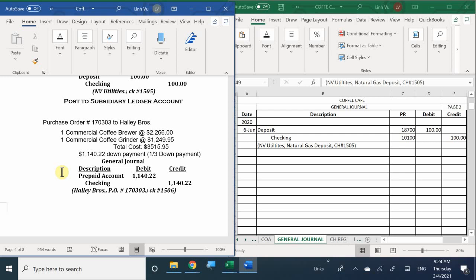We're buying a commercial coffee brewer and a commercial coffee grinder. All right. Total cost is going to be $3,515. And again, it says that we are making a third of a down payment. So here, we already got the amount. We're going to write a check for $1,140.22. Okay, so again, this is a down payment. This is going to go towards our